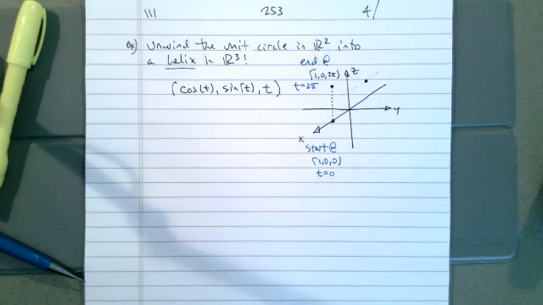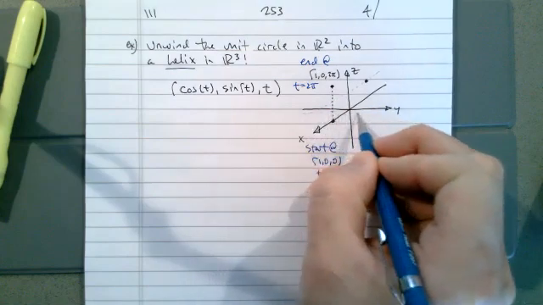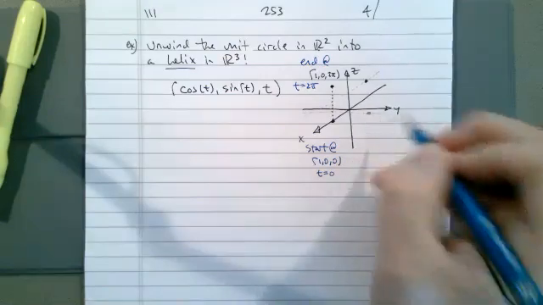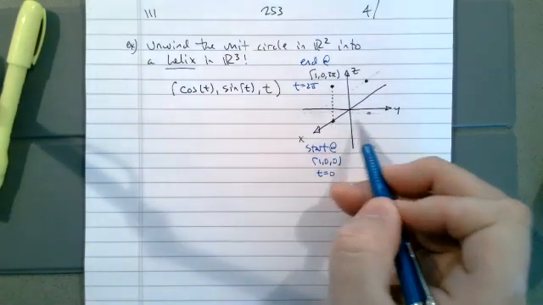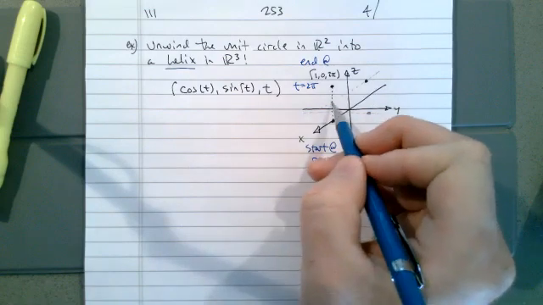That'll be the point -1, 0, and pi. If we're a quarter of the way up, we've gone around here, so that'll be at 0, 1, and pi over 2. And then if we're 3/4 of the way up,